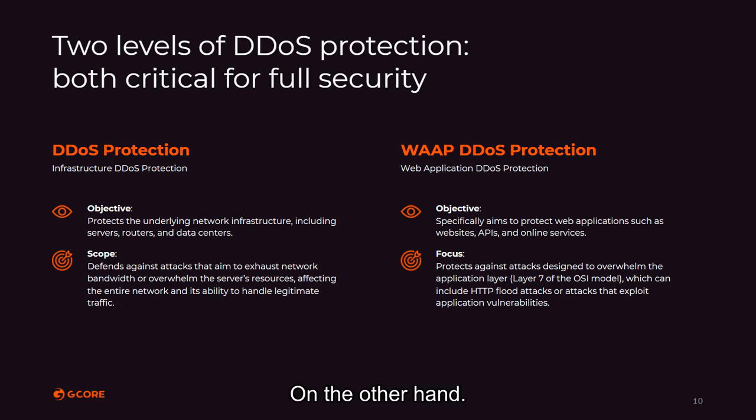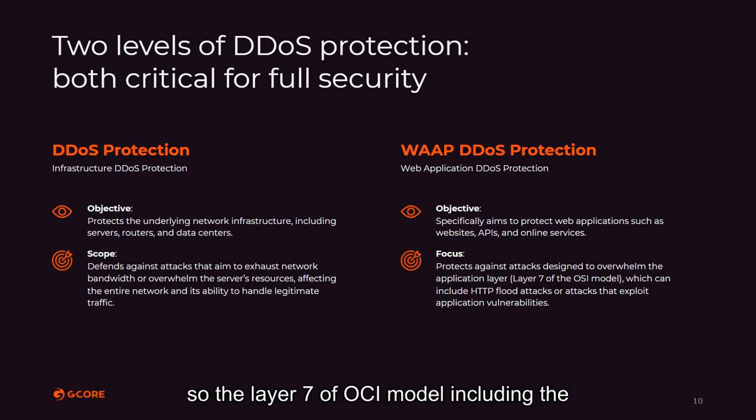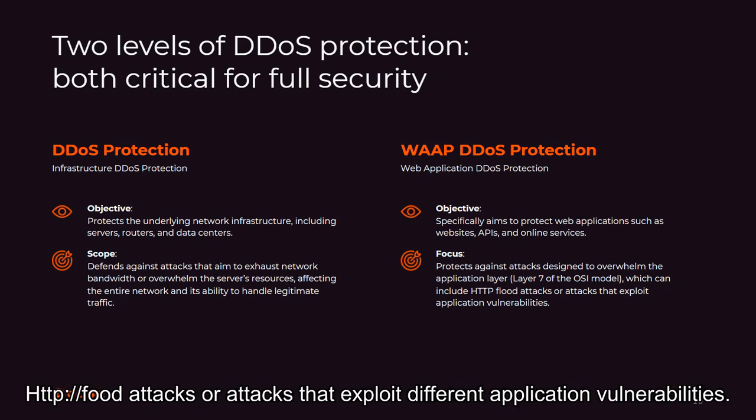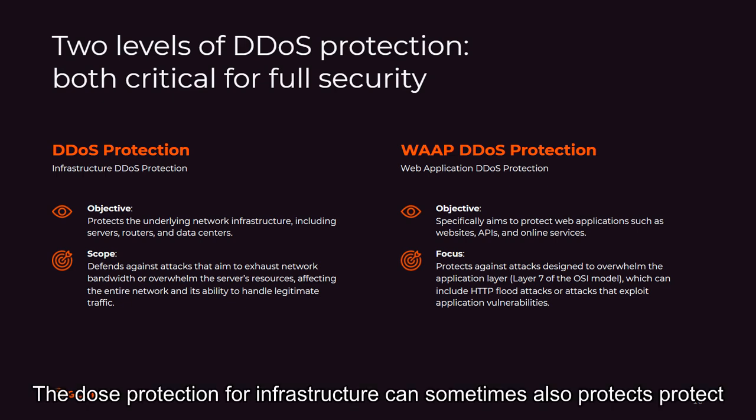On the other hand, DDoS protection for web applications and APIs protects against attacks targeting the application layer, so layer 7 of the OSI model, including HTTP flood attacks or attacks that exploit different application vulnerabilities on a big scale. While DDoS protection for infrastructure can sometimes also protect